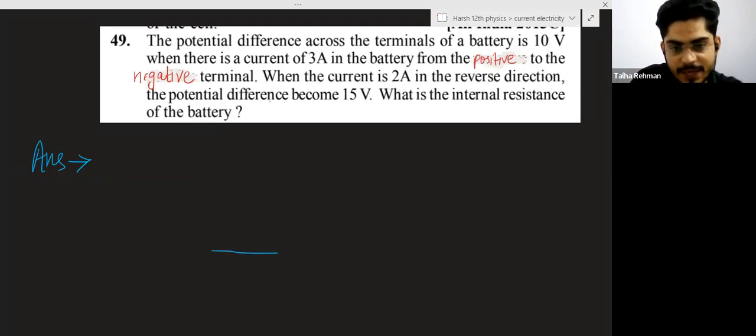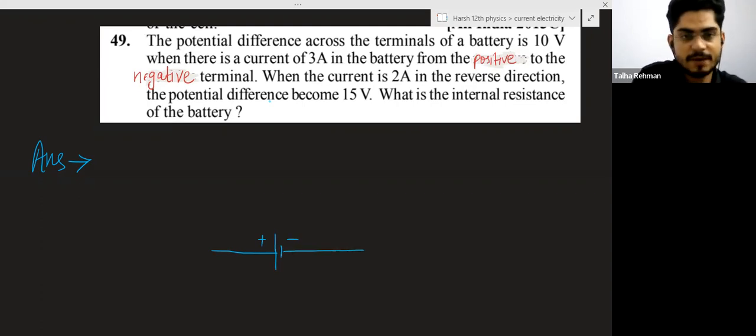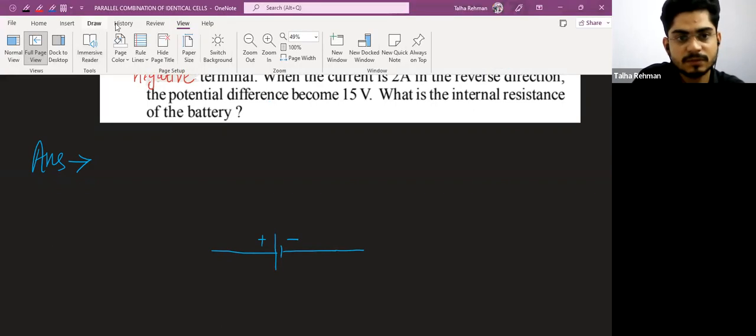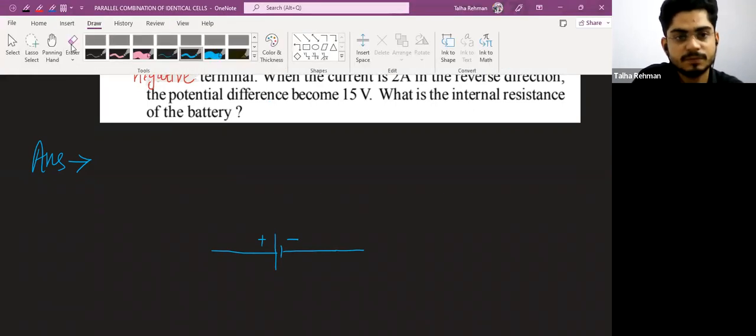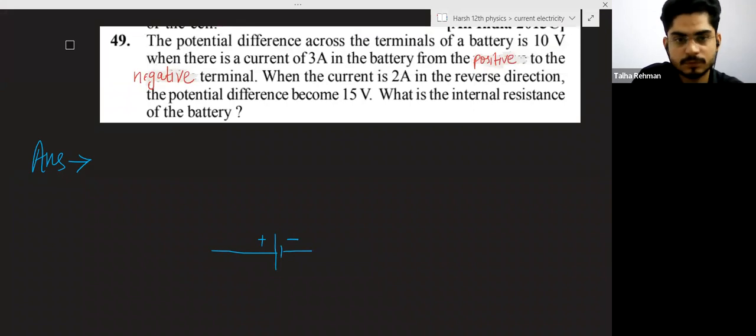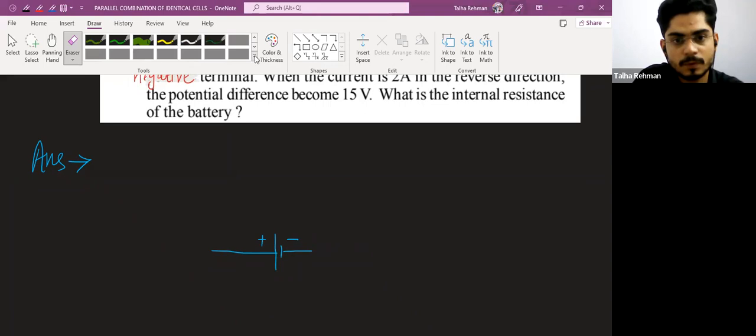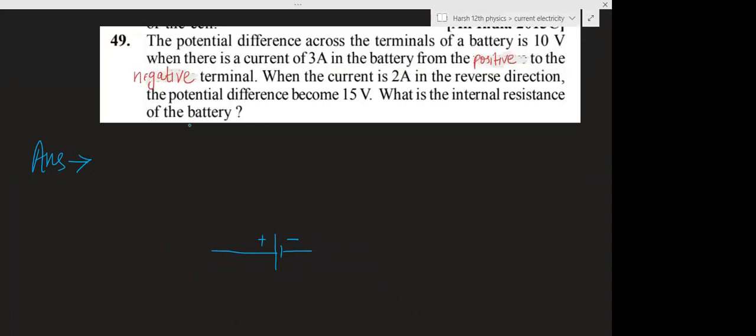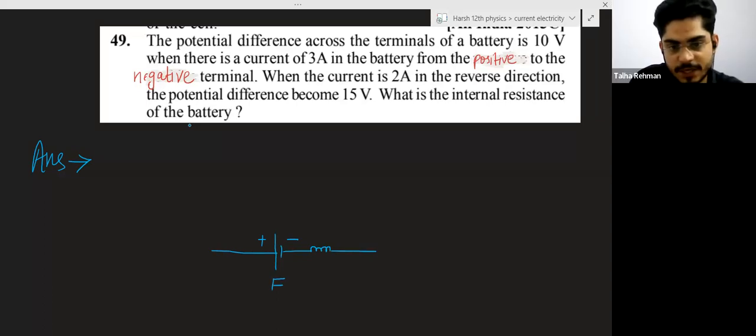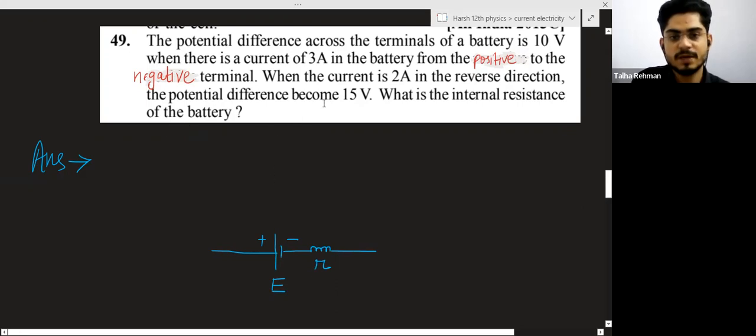So we have a battery like this. Suppose this is a positive terminal, this is a negative terminal, and this shall have the internal resistance. Suppose this capital E is the EMF, small r is the internal resistance of this cell, and current